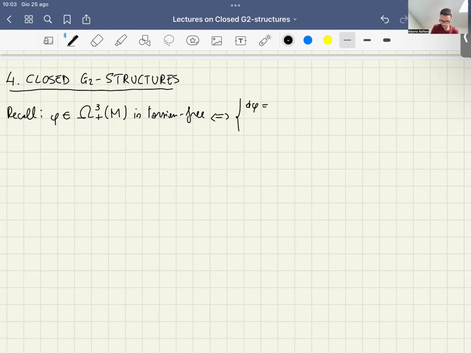We want the three-form phi to be both closed and co-closed, where here again, let me recall that this star denotes the Hodge dual operator induced by the metric induced